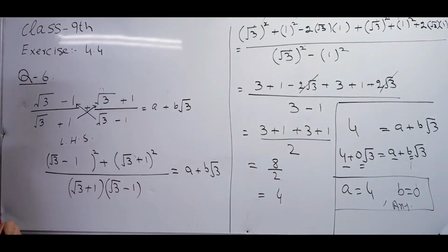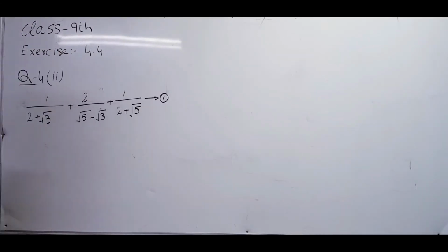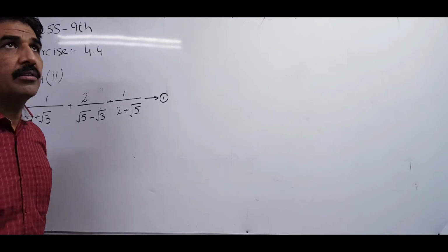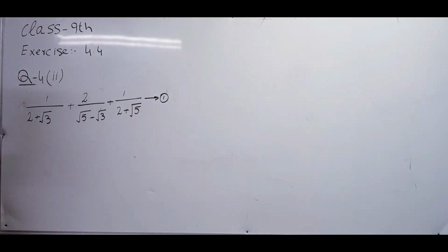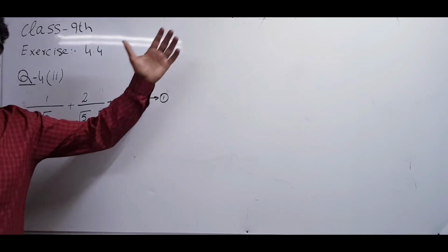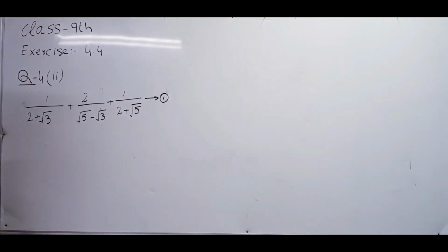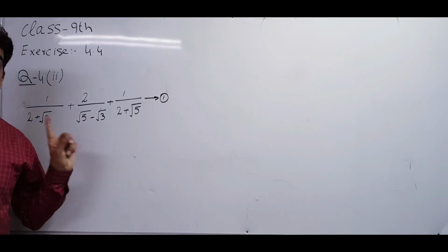Now we will start to solve. It's question number 4, second part. There are 3 terms. The method to add the 2 terms I explained in the previous question number 6, and its first part is also the same. Now there are 3 terms in this question. There are 2 methods to solve. One method is to take the LCM directly and then add, but the chance of a mistake is too much. That's why in my opinion you should not use that method, because it is possible to make mistakes. So we have to choose the method from question number 1.